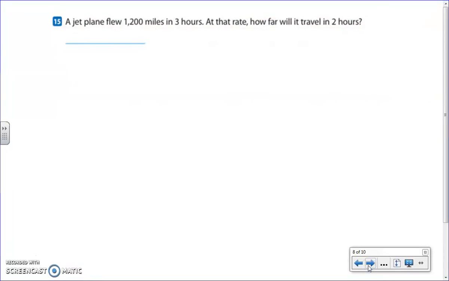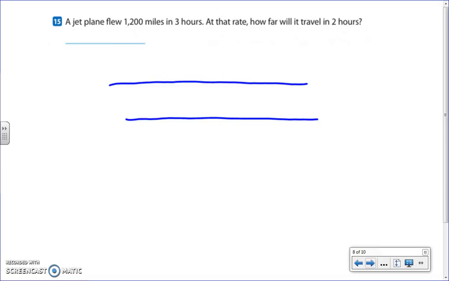So this is a different problem than the one we've been talking about this entire time, and it says that a jet plane flew 1,200 miles in 3 hours. At this rate, how far will it travel in 2 hours? Okay, so there's a lot of strategies we can do here. I can do a double number line,